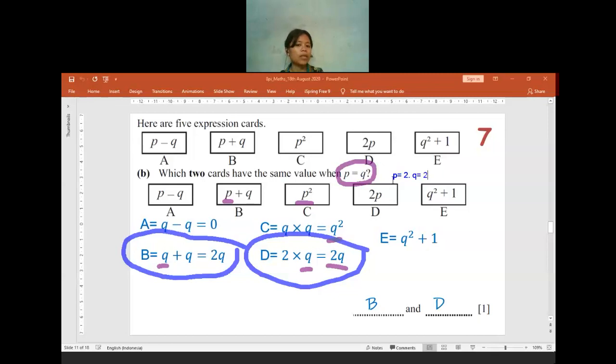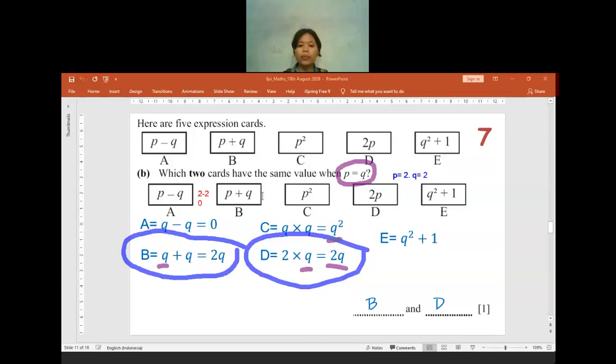From here I can see that P is equal to Q because both of them have the same value, which is 2. After that we just need to replace it in each expression. So now, wait, let me clean up all the annotation first. Okay, so now we have P minus Q. The P we can replace with 2, so it will be 2 minus 2. 2 minus 2 will be 0.